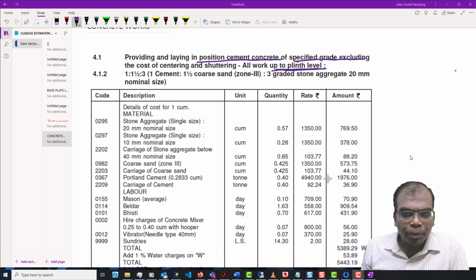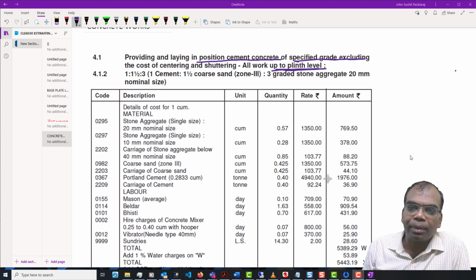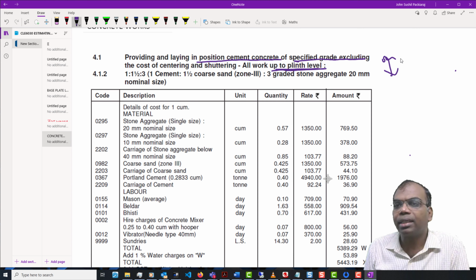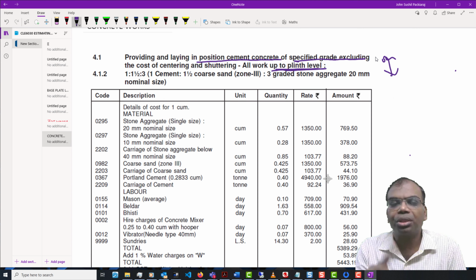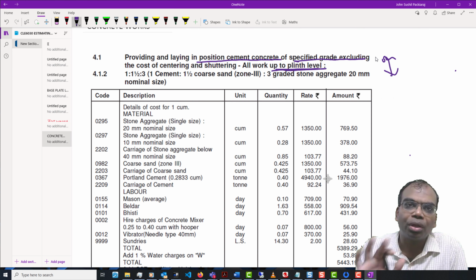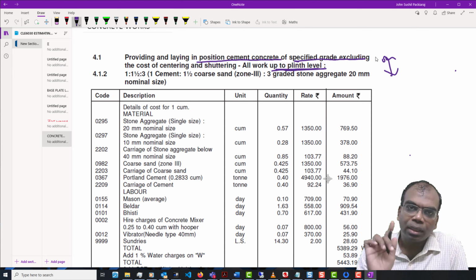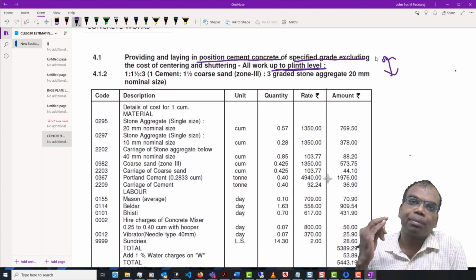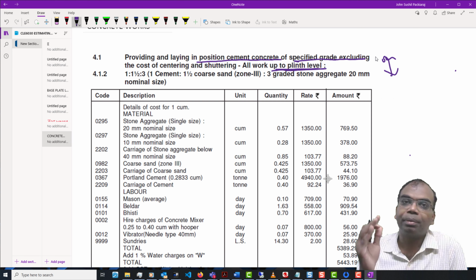Let's go on. Maybe I'll showcase again. Here they are very specifically mentioning under what circumstance this particular calculation holds good. It means that there is not one calculation which you can use and say this is going to hold good for any of the works. This is a point which I wish to reiterate. It might be that you are doing it in Vellore, you may be doing it on the first floor, you may be doing it on the second floor.